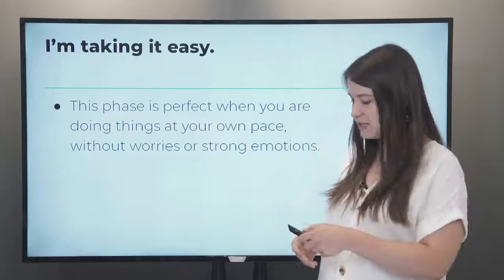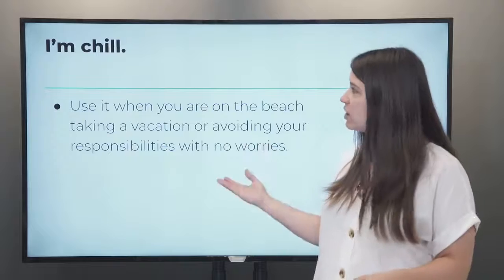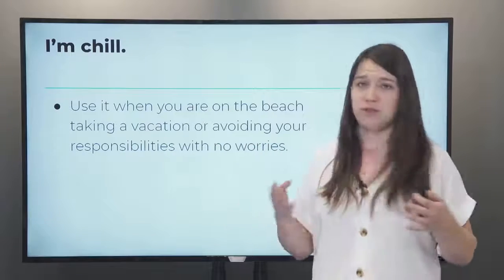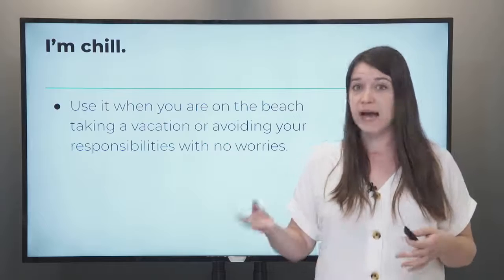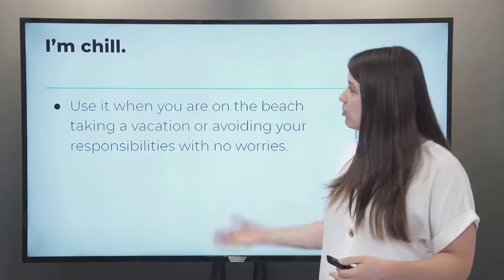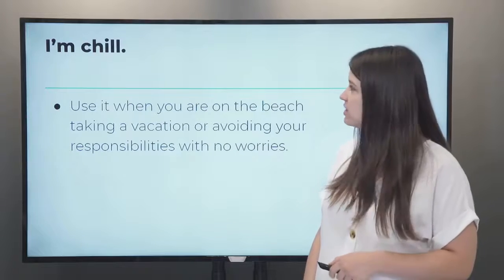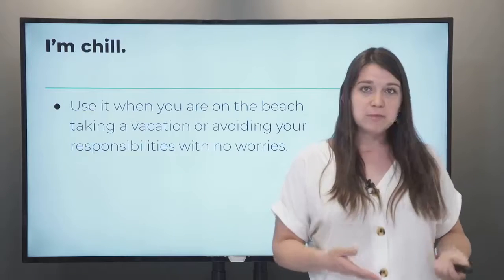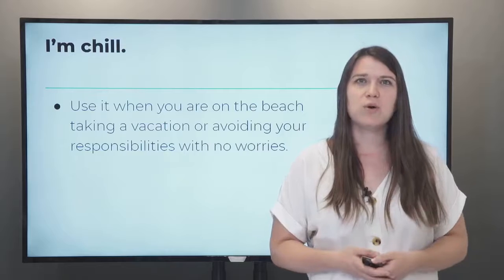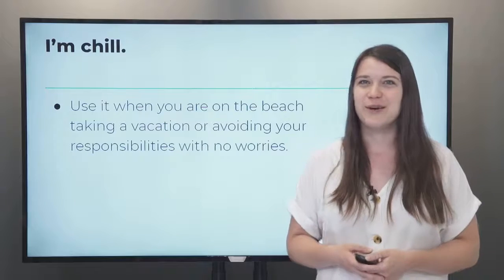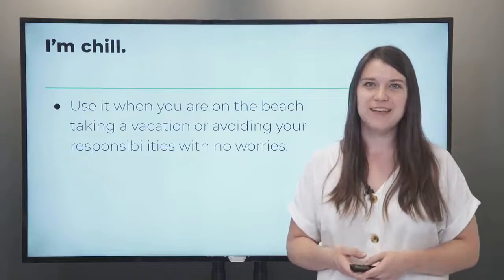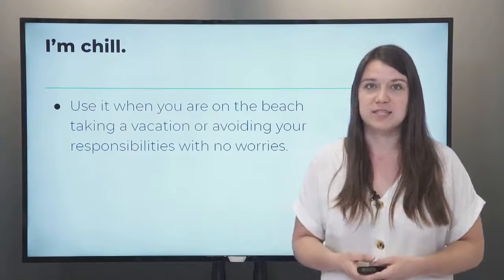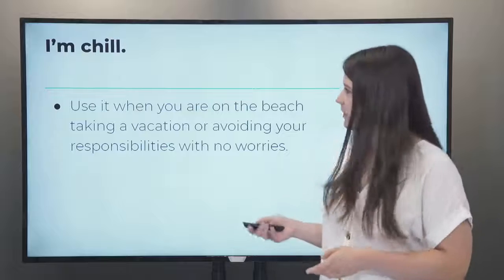So I'm taking it easy, for example, I'm chill. So normally you would use the subject plus the verb to be. So I am, and then the verb, or the adjective, or the phrase. So like I'm chill, I am chill, for example. So yeah, I hope I answered your question. Normally the verb to be, the subject, if you're referring to ourselves, or if you're talking about someone else, then it's a different subject, plus the verb to be.